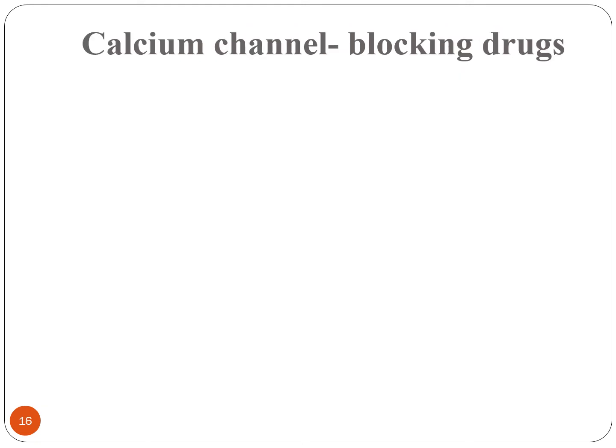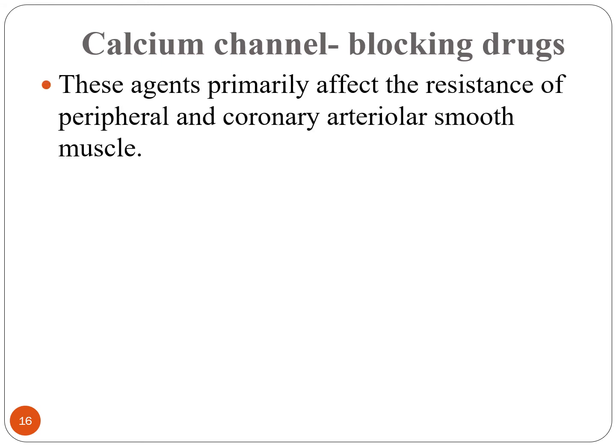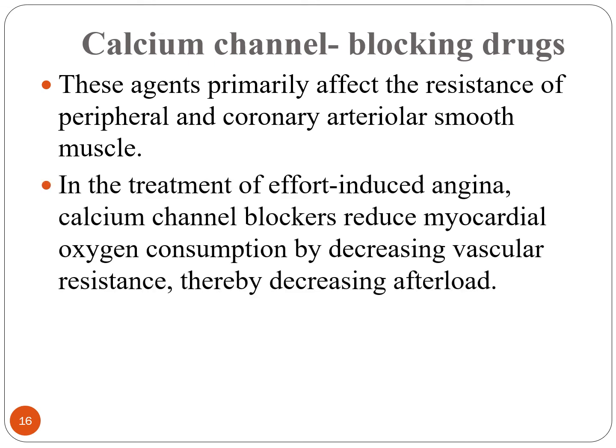Now we have calcium channel blocking drugs. We talked about these drugs previously when we talked about hypertension. These agents primarily affect the resistance of the peripheral and coronary arterial smooth muscle. In the treatment of effort-induced angina, which is stable angina, calcium channel blockers reduce the myocardial oxygen consumption by decreasing the vascular resistance, as we mentioned with nitrates, thereby decreasing the afterload through the arteries, which is the vasoconstriction that is produced on the arteries